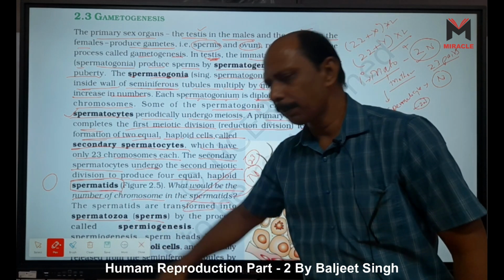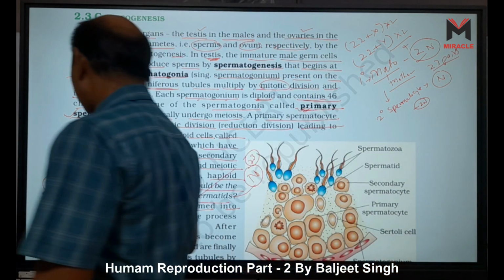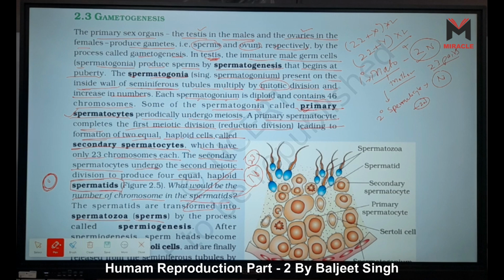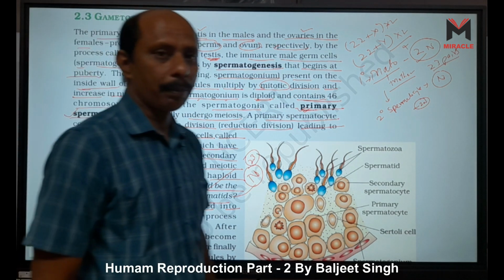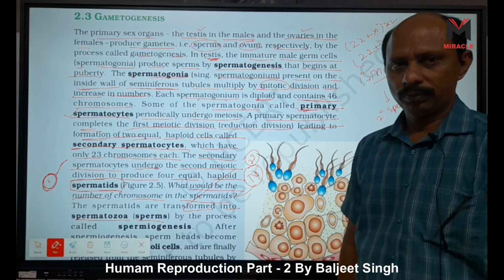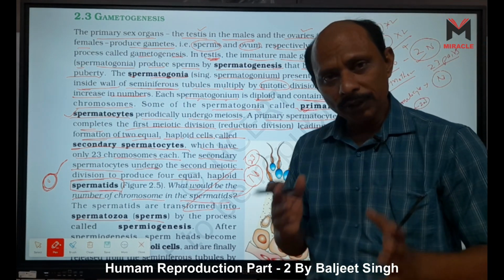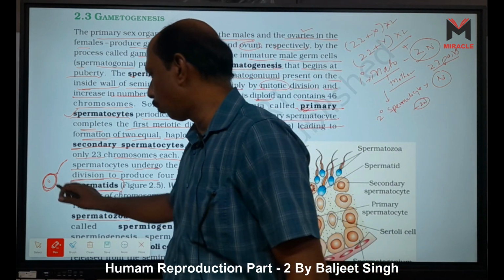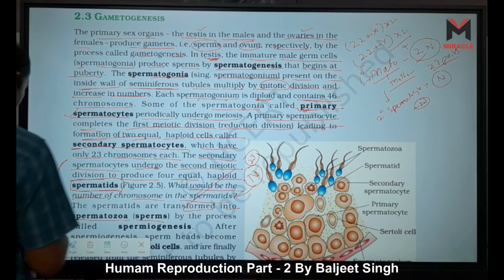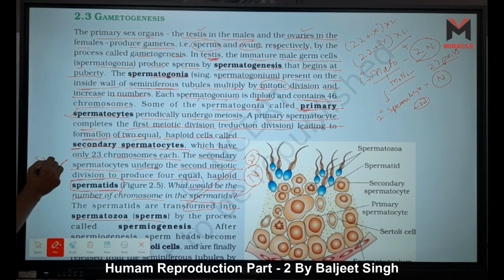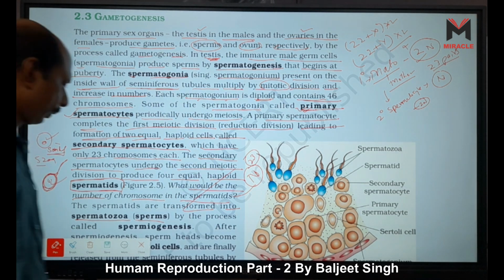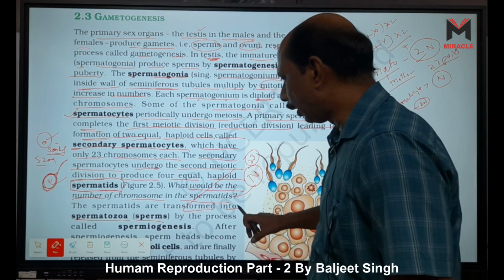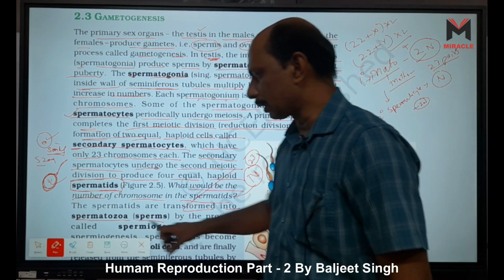What is the difference between spermatids and spermatozoa? Spermatids are cylindrical structures like this one, right? But when they develop their tail or other organs, then they become spermatozoa. Zoa means what? Which can move, right? Zoospore means in which flagella is present. So when a tail is developed, it becomes spermatozoa, right? Tail is absent, it is called spermatid. The spermatids are transformed into spermatozoa, sperm, by a process,